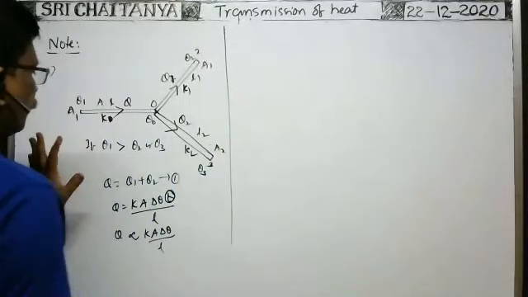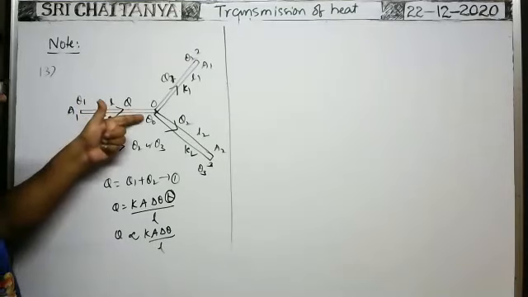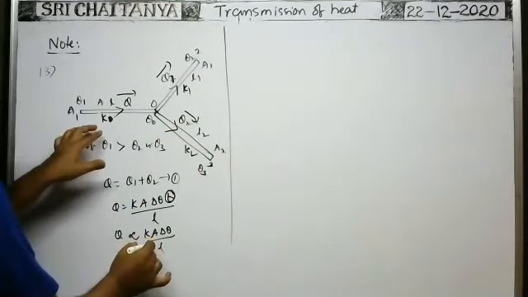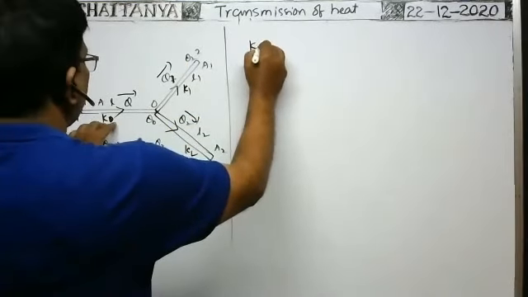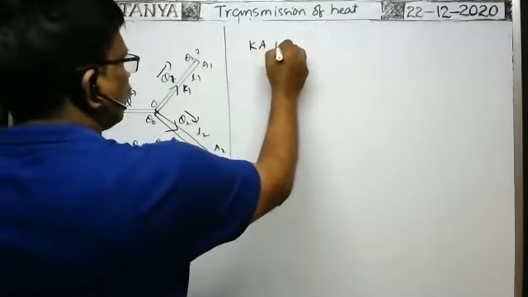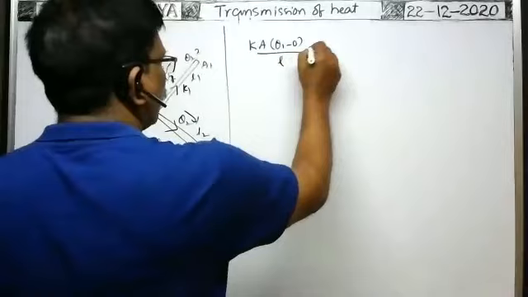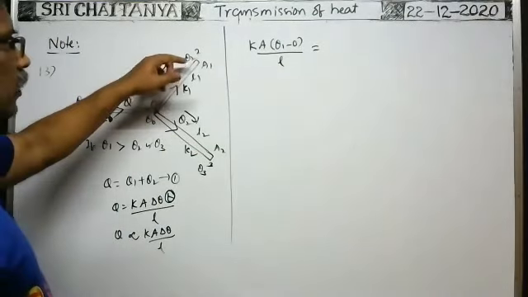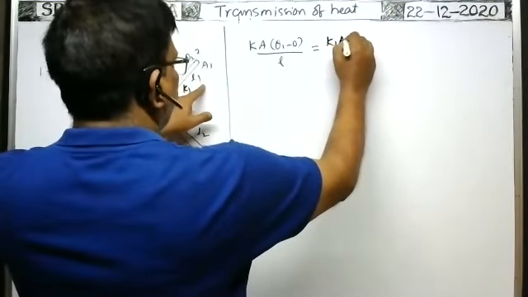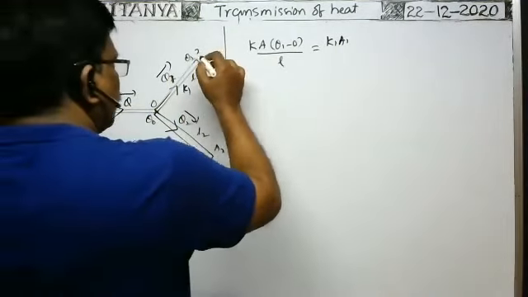Now we substitute this information here. Q is the heat energy transmitted through this rod. So that is directly proportional to A, the area of cross section of this rod, into delta theta, the temperature difference across this rod, theta1 minus theta0, by L, the length of this rod. That is equal to Q1. Q1 means heat energy transmitted through this rod. That is directly proportional to K1 into area of cross section A1, into the temperature difference. As heat energy flows from this end to this end, it is theta0 minus theta2.